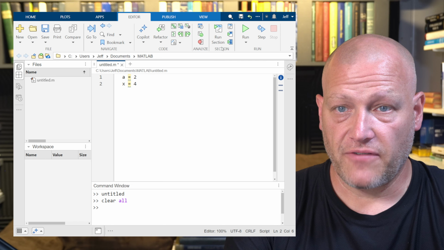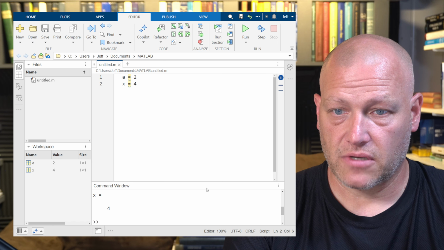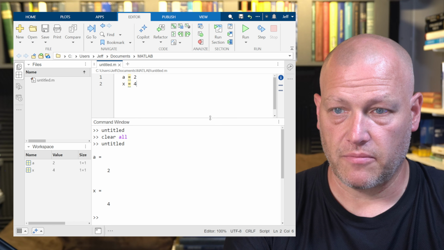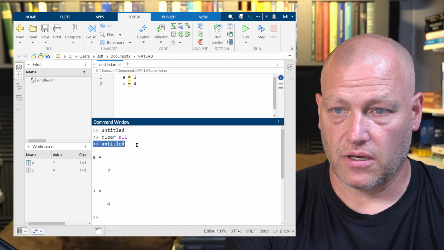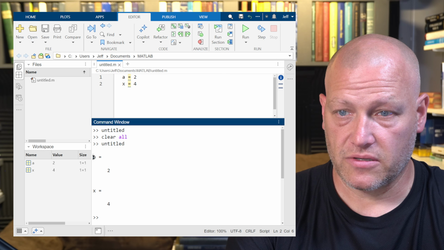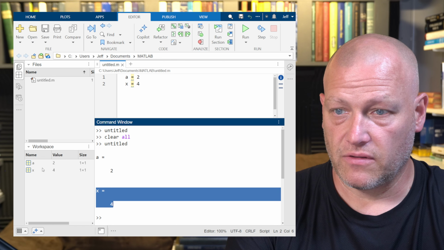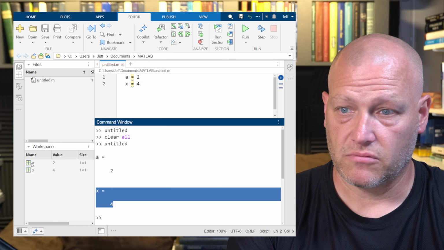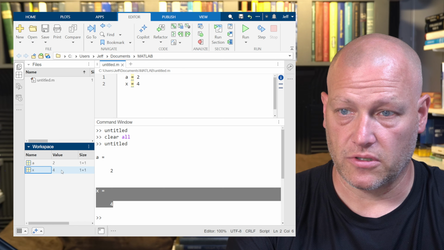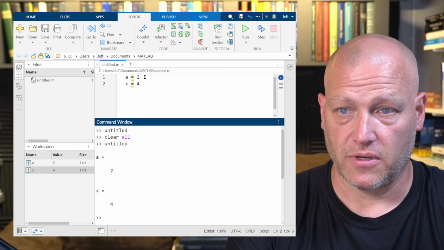If I run this code now, it's kind of hard to see, so let me stretch it up. There we go. Here's the untitled script name that ran the script, and then here's the output, a equals 2, x equals 4. The values still show up in the workspace, with a and x equal to 2 and 4 respectively, but we also output the result of those assignments